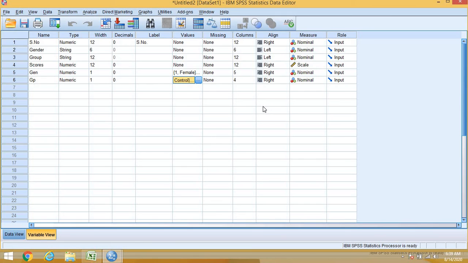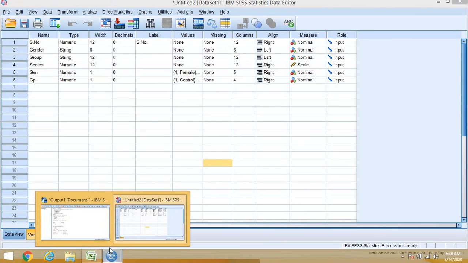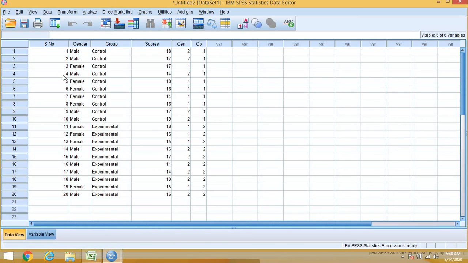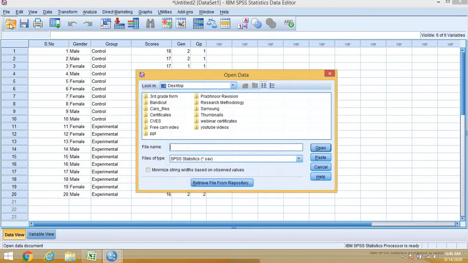I can also label these variables in the label column. Next, if I want to import another spreadsheet, another Excel sheet, a numeric one, again in the same way, I'll go to File and then Open, Data.